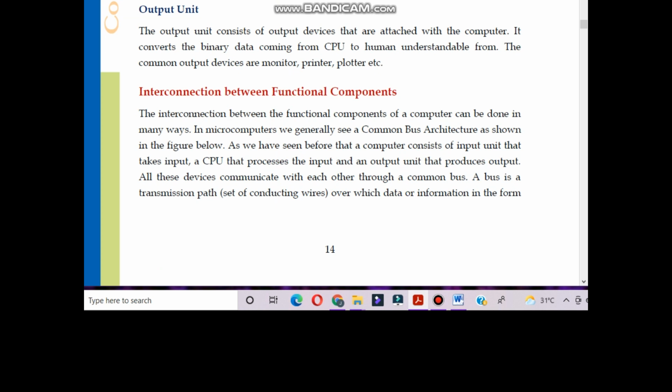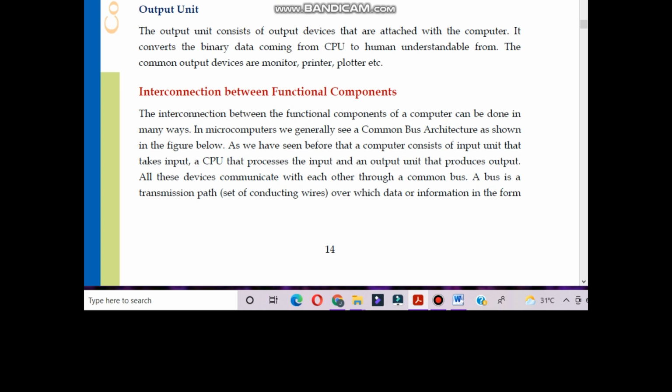A computer consists of an input unit that takes input. Input device helps to take input instructions, or you can say commands.